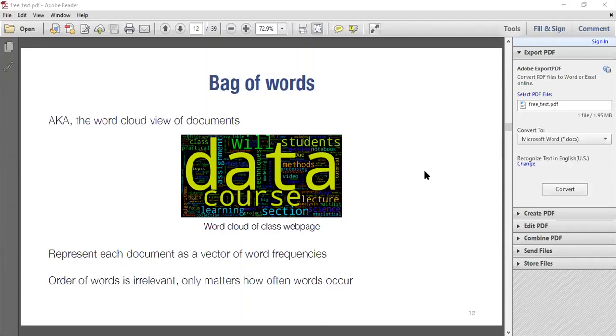Now, in doing the bag of words, I know many of us have seen things like these word clouds. They are quite interesting and fun. But what a bag of words basically does is count.